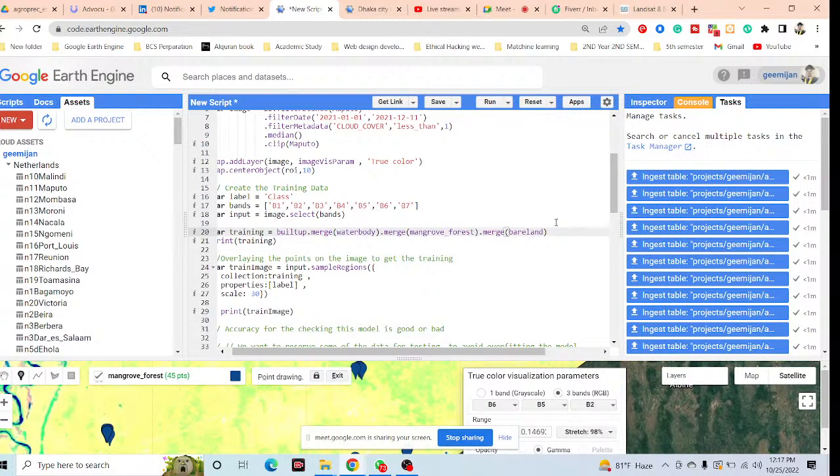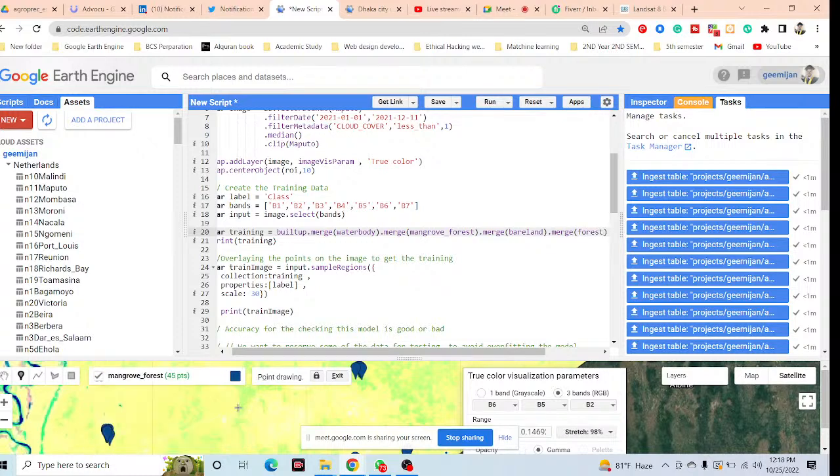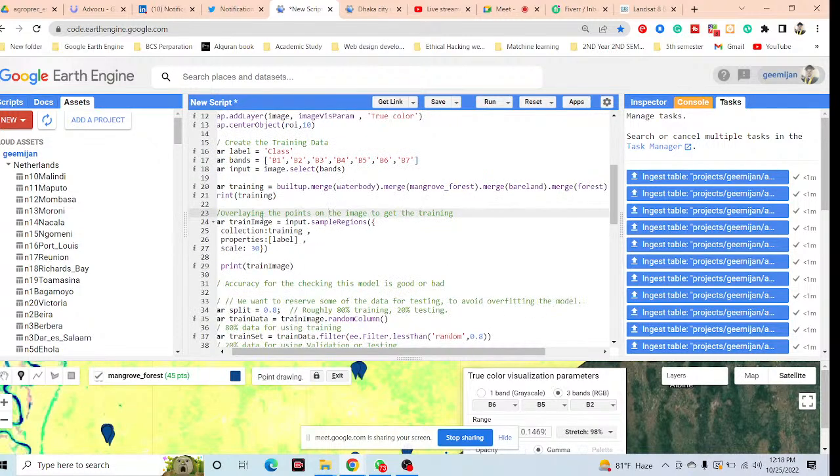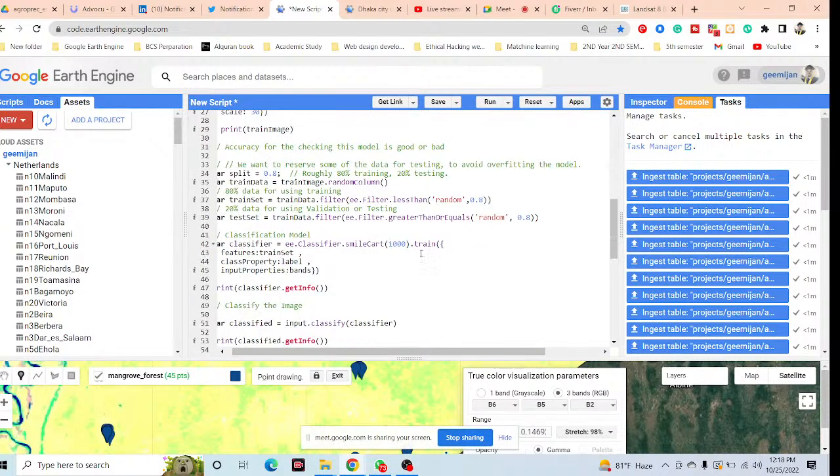Okay. So further I simply use the merge with my last class, which is forest. So I simply use the forest. Okay, so now it's done, and all of the things will be the same. I use the 80% data. Okay, so it's also okay. So I simply use